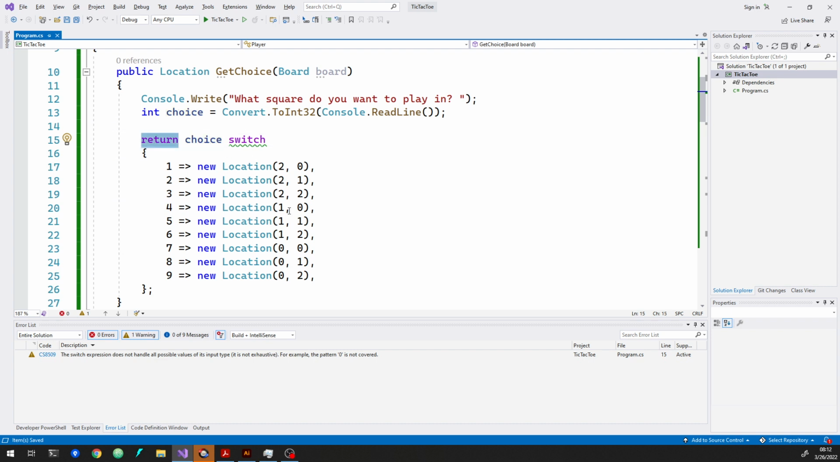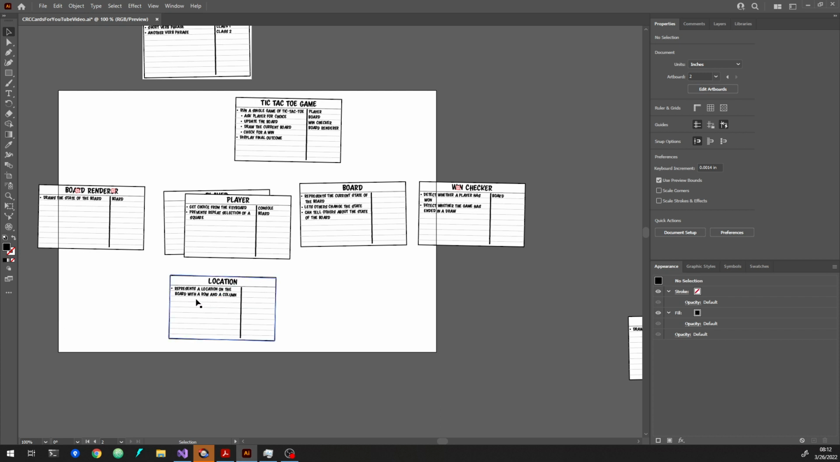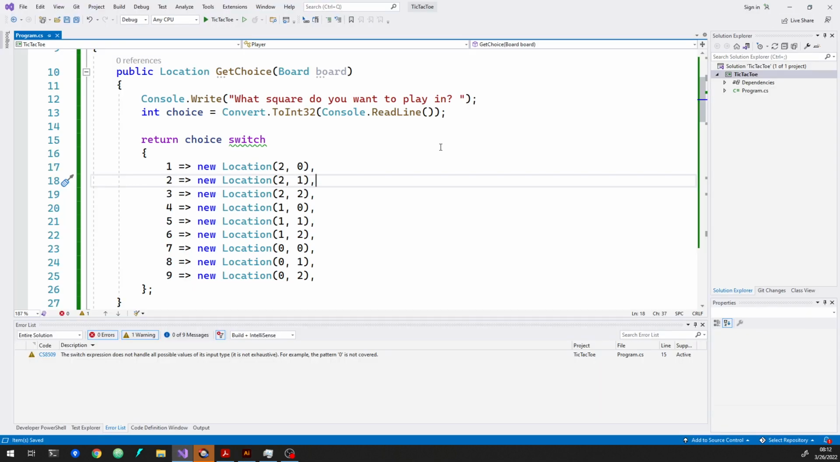Oh, so I've only solved half of the problem there. We said it needs to get a choice from the keyboard, but also we need to prevent repeat selection. And that's the reason we got this board. That's the reason we intentionally got access to this board, so we could say,